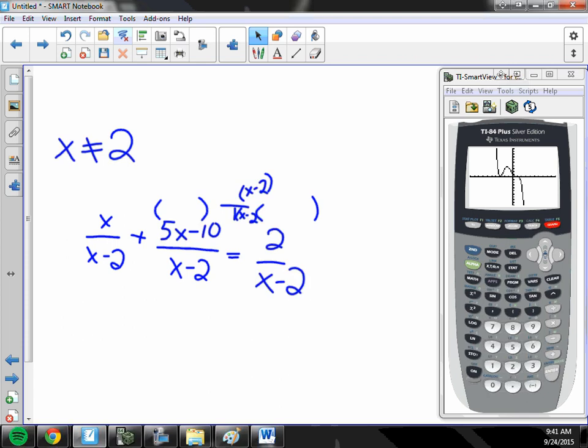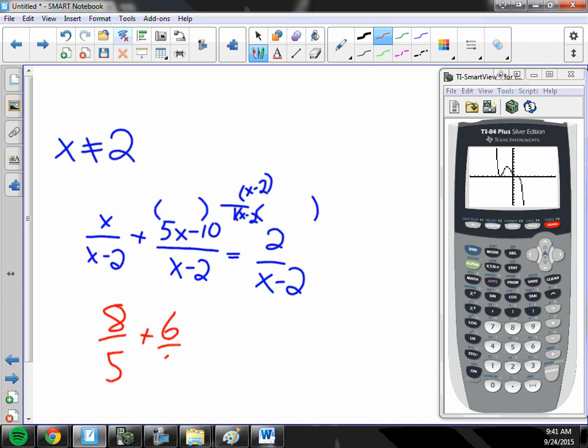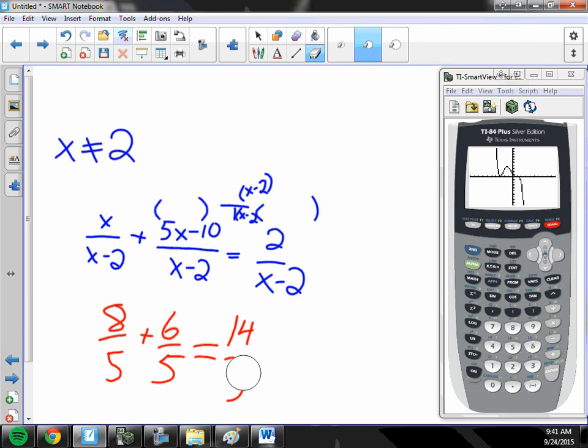Well, is the denominator still important? Why not? They're all the same. So if I had 8 fifths plus 6 fifths equals 14 fifths, if I just went through and deleted all those 5s, is that statement still true? Yes, but